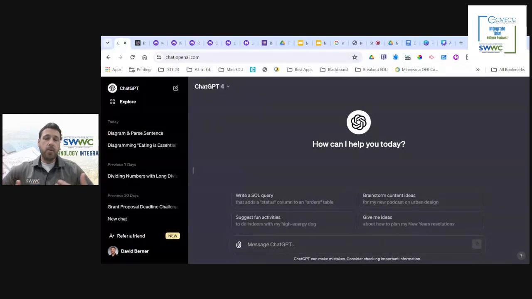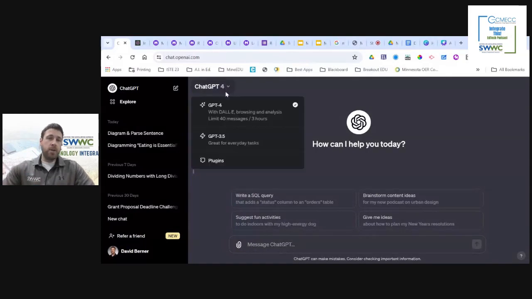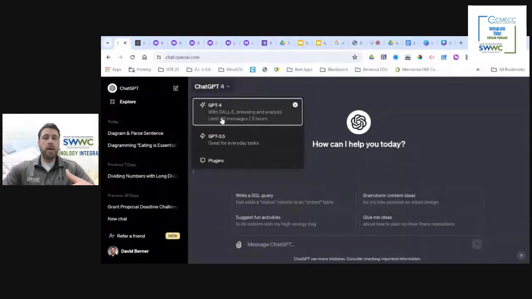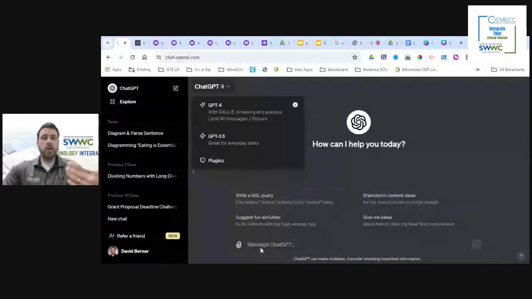One of the other things you can do with it is, because it's OpenAI and they own ChatGPT, they also have DALL-E 3 integrated into that, which you can see here, with the two versions, the 3.5, which a lot of people are on. It's the free version. ChatGPT 4 has DALL-E built into it, and this is where you can generate those